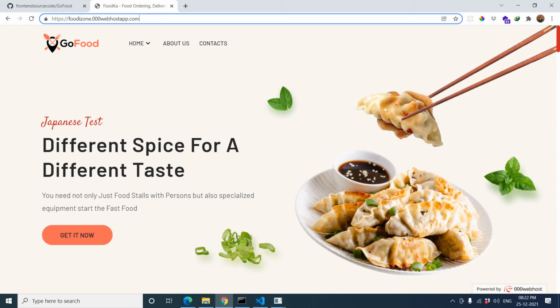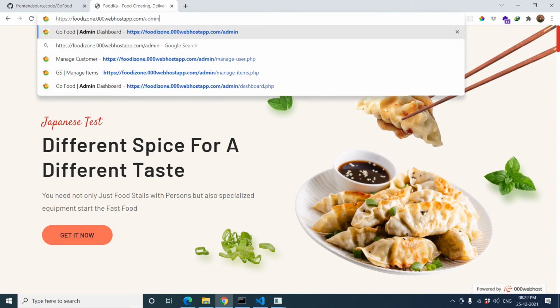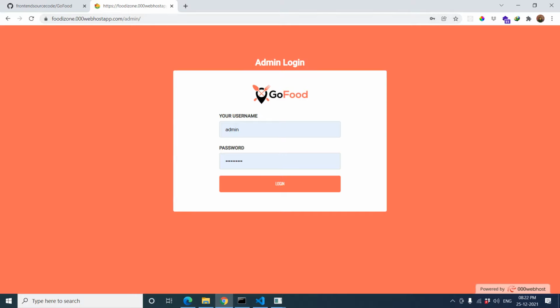Let's go to the admin. You can use admin as the username, and the password is admin@2020.